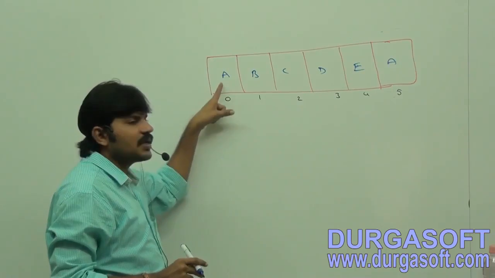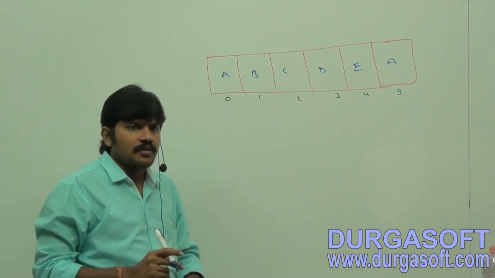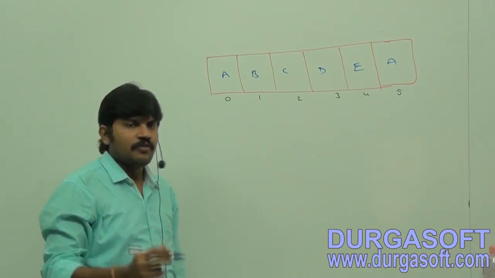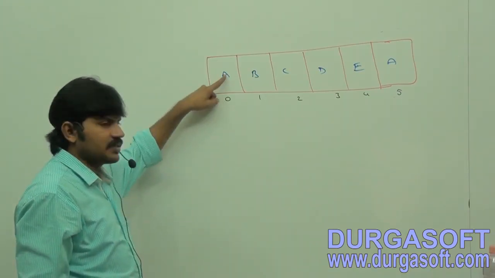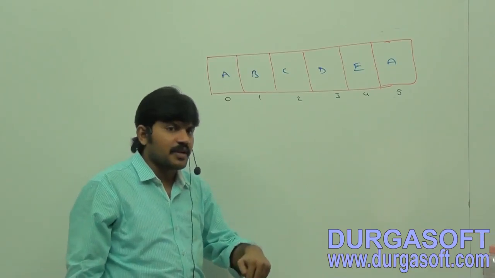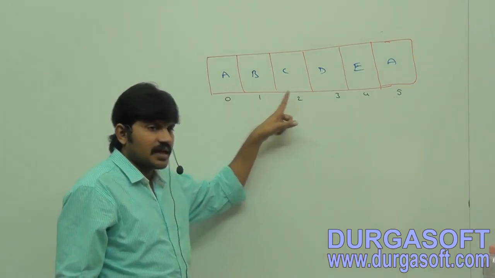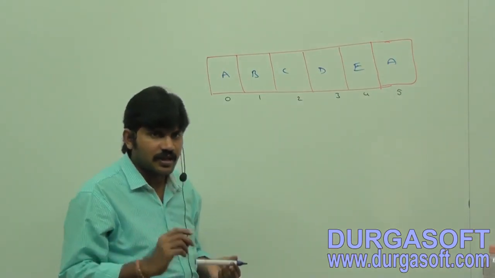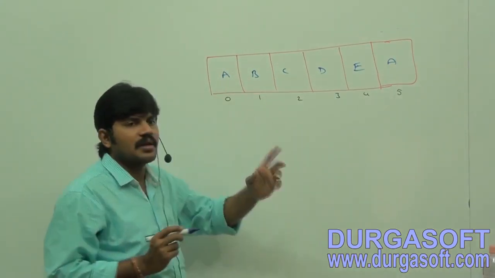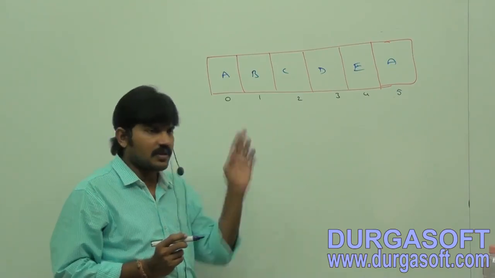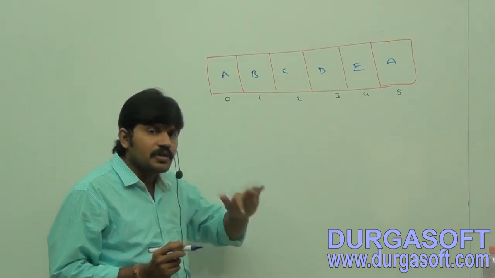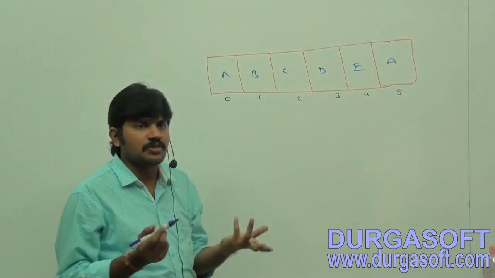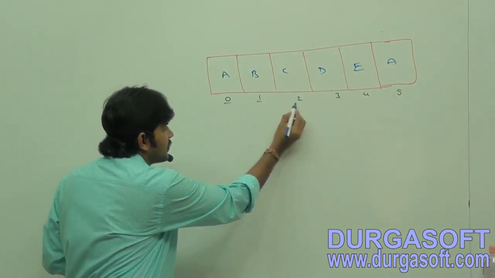Simple, insertion order is preserved via index. Sir, the first inserted element, where will it be located? On the 0th index. The second inserted element is present where? In the 1st index. The third inserted element is present where? 2nd index. Are you able to understand that? So insertion order is preserved with respect to index. We can manage insertion order because of this index only, right?